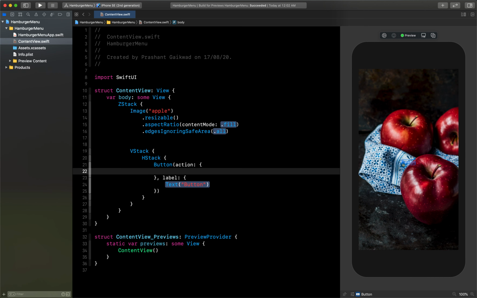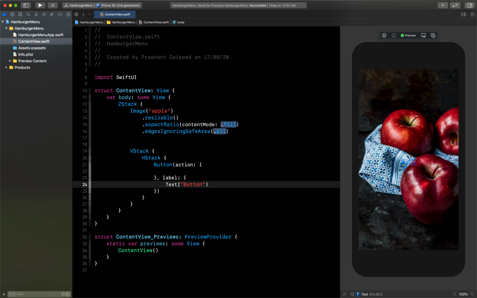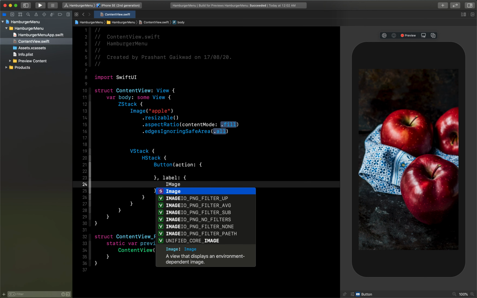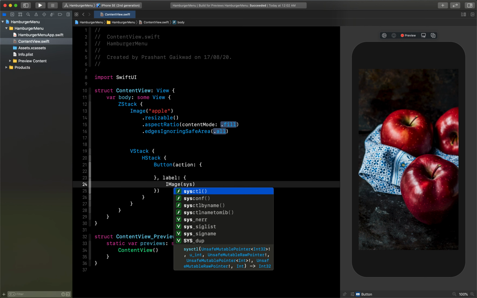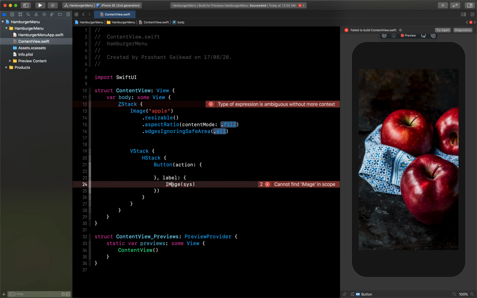For action we will do it later. For label I want to use an image, so I will say Image with systemName. So as you know, let me just write this small m here.